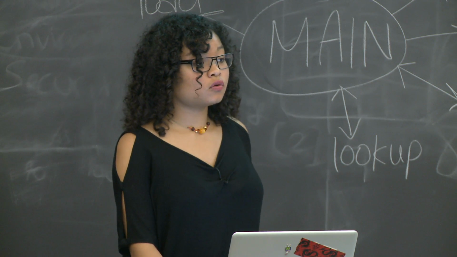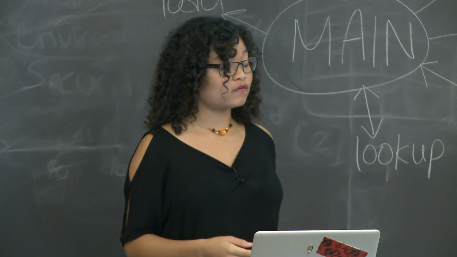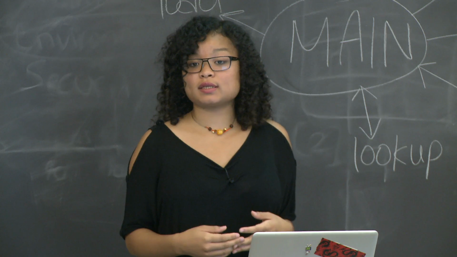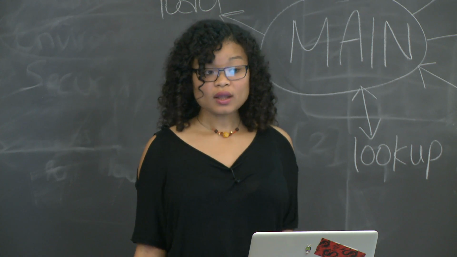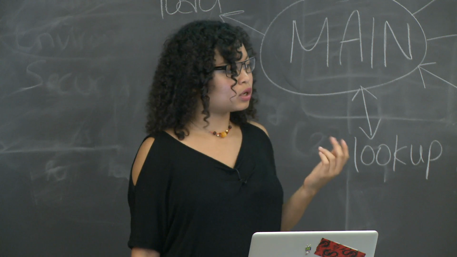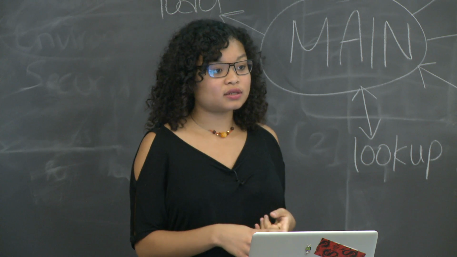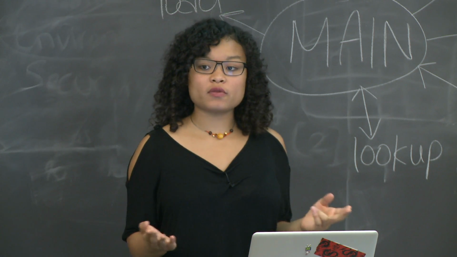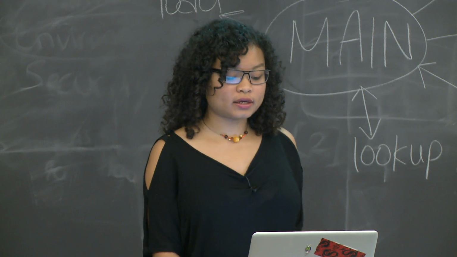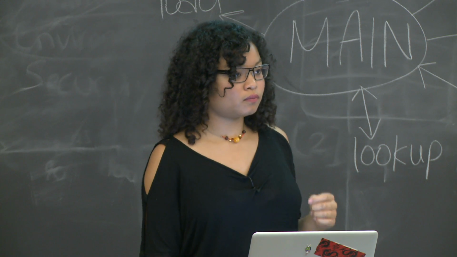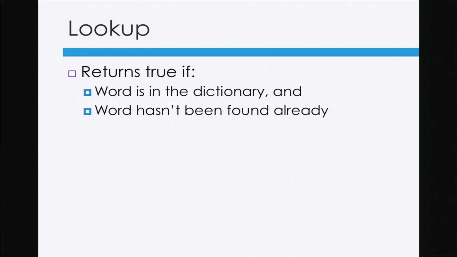So the lookup function is twofold. Lookup is a Boolean function. It'll tell us true or false whether the user submitted word can be accepted as a valid value. A word in Scramble is only valid if it's found in the dictionary and if it's actually found in the board, right? Remember that you have to implement lookup by yourself. So you want to check both things, whether the word is actually in the dictionary